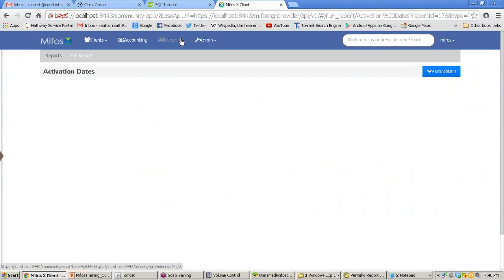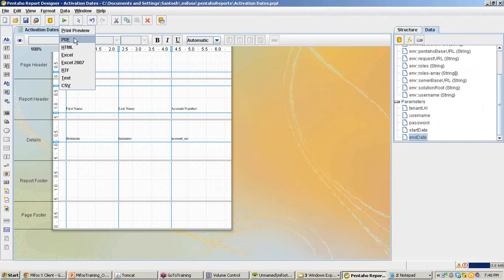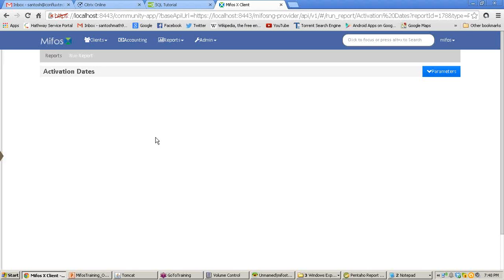Okay, and next we have seen how to create a report using a parameter. Next, we have seen how to create a Pentaho report, and how to check the outputs in Pentaho itself in different formats, that is PDF and Excel. And finally, we have seen how to include the tenant URL, username, password and the global scripting. Okay, all these things we have seen, and after this we have seen how to include that Pentaho report